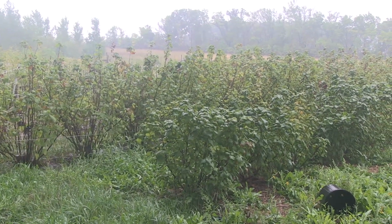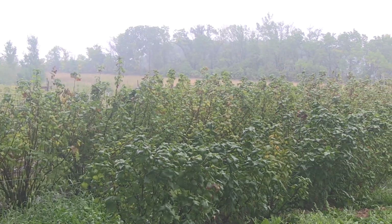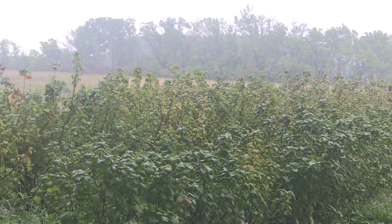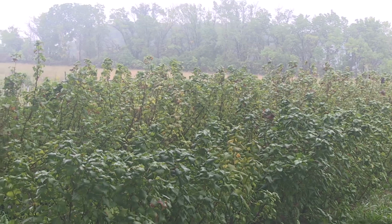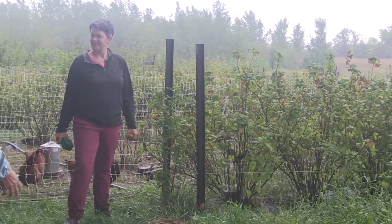This row of plants here, the Chernai Lisabenko, these are about 4 years old now. And I mean, they're like 5 feet tall. And so if a person wanted a privacy hedge...